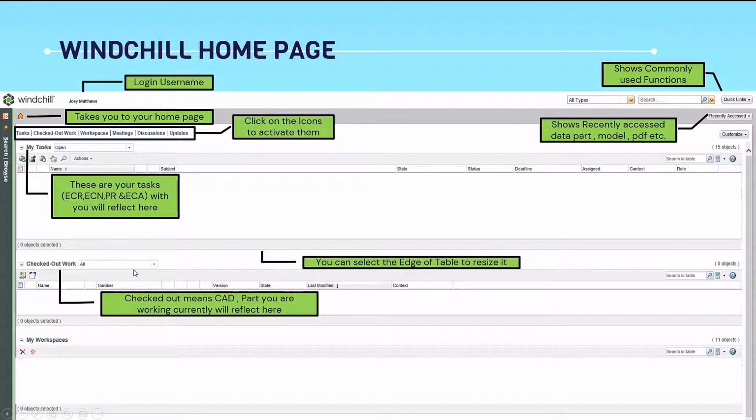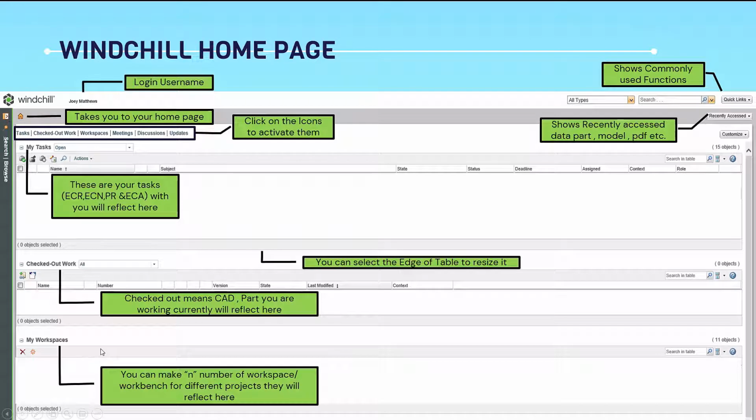By checked out work, I mean the work we are currently doing, maybe on a CAD or a document or a drawing, it will be checked out in here to show that we are working on it. As for workspaces, for example, we are working on different projects simultaneously. We'll make different folders for that. For example, a particular BMW model we are working on, an Audi particular model, and a Honda particular model.